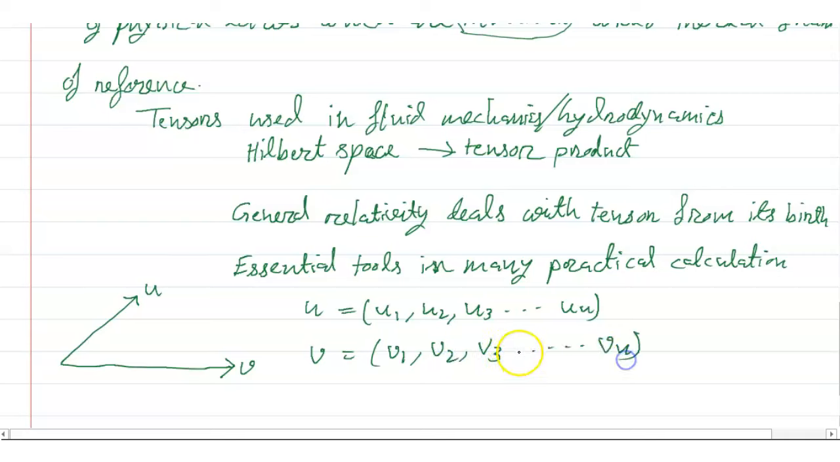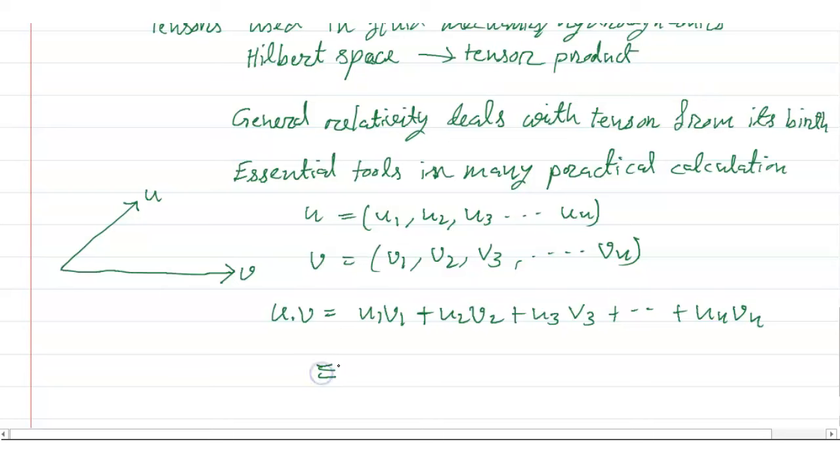It can be written this way, ui into vi. So friends, u sub i and v sub i, and this is using the Einstein convention. Einstein convention, geometric meaning,